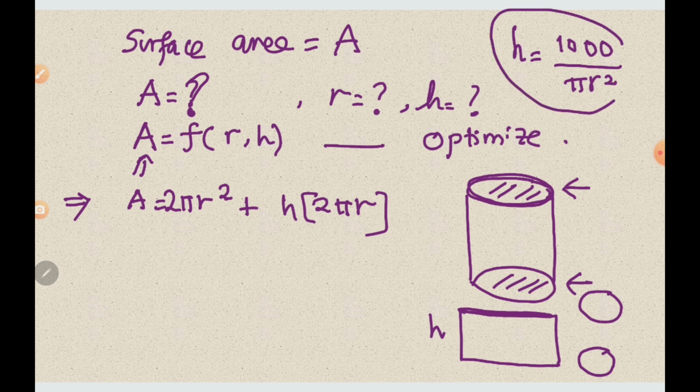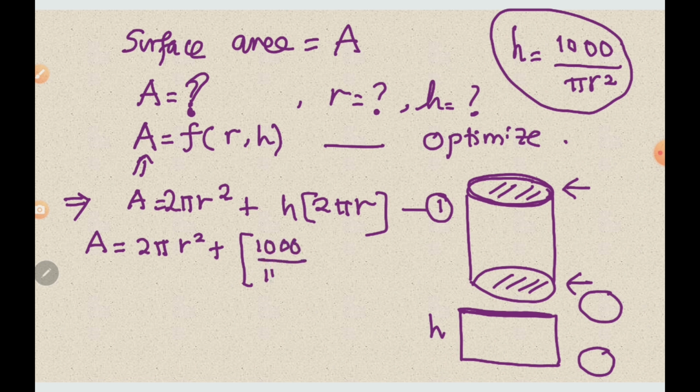So we will substitute h into the equation here. I call this one equation number 1. Therefore A, the surface area, is equal to 2 pi r squared plus, I will substitute h with 1000